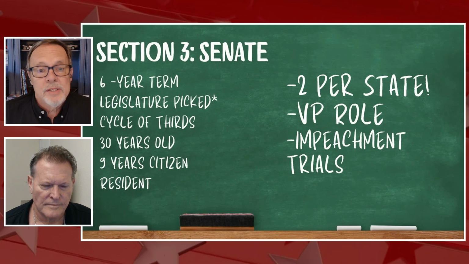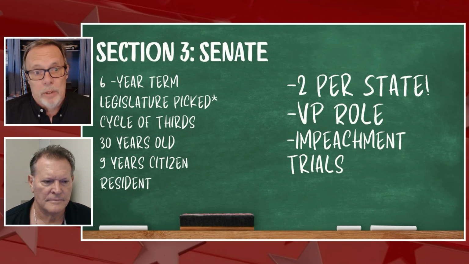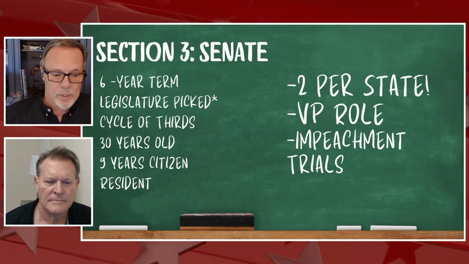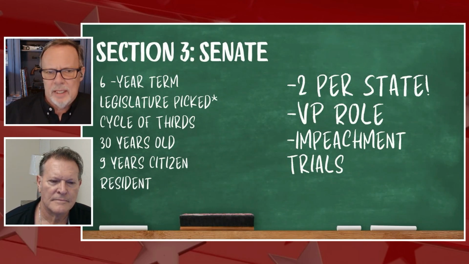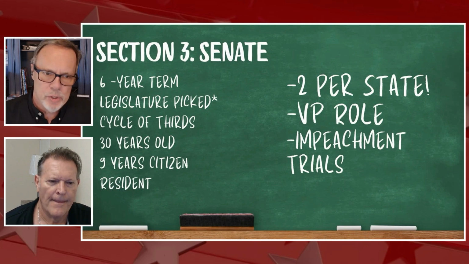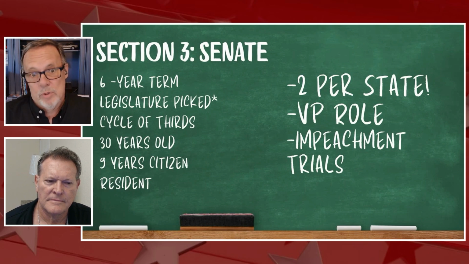Now, here is a reflection of state power in the design of the Senate body. Each state has 2 senators. That's kind of a nod to say each of the 50 states has an equal vote on Senate issues rather than a population-based vote. And this is what gives the lesser populated states some protection as the population minority, so to speak.